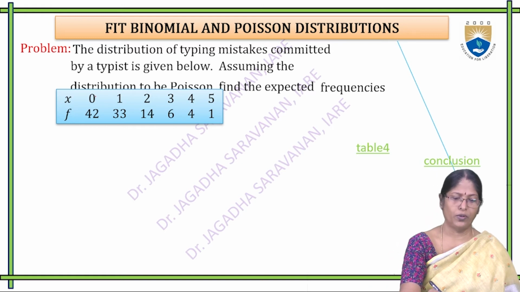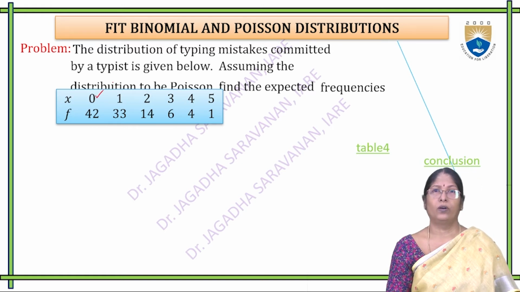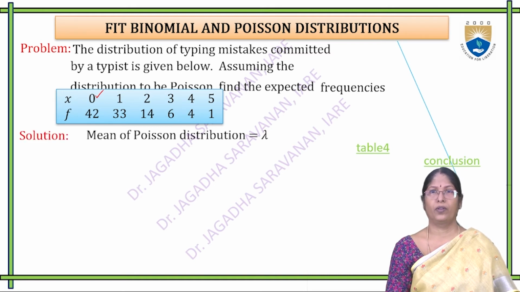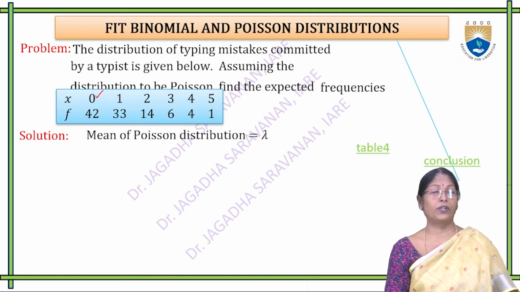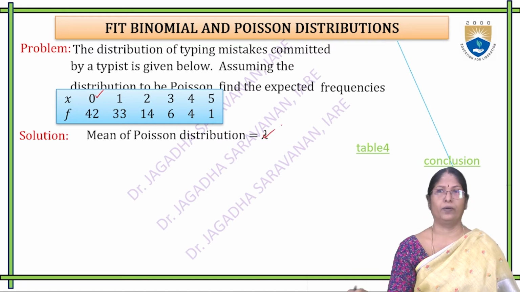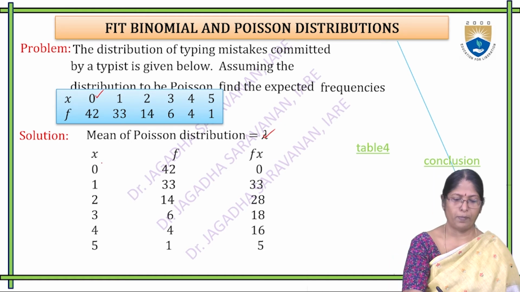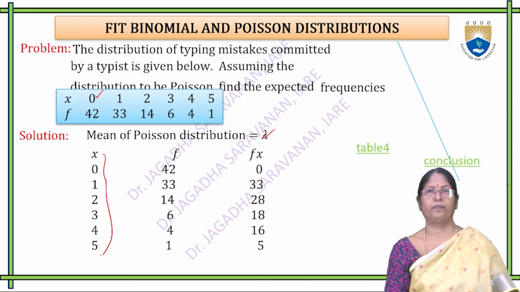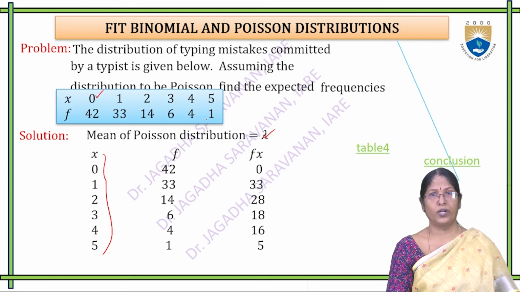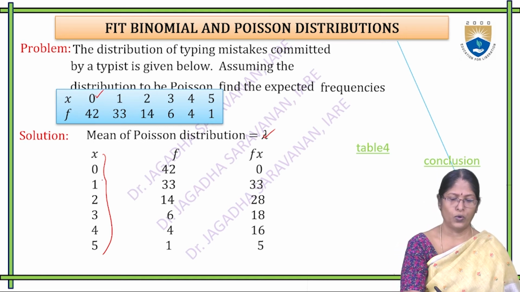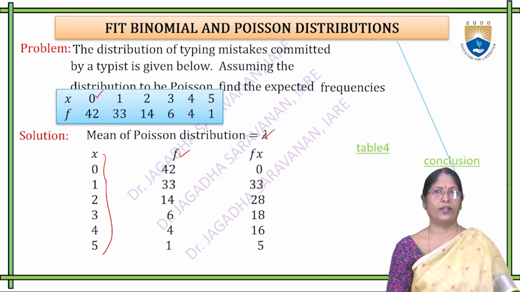When x equals 0, the frequency is 42. When it is 1, 33, then 14, 6, 4, 1. The mean of the Poisson distribution is lambda, whereas the mean of the binomial distribution is np. As before, we have written the given data vertically, x from 0 to 5 and f under it, and all the data is written; fx we are finding,